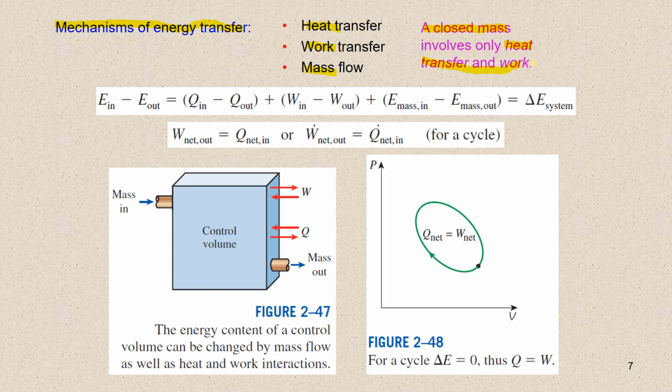A rising piston, a rotating shaft, and an electrical wire crossing the system boundaries are all associated with work interactions. Work transfer to a system, that is, work done on a system, increases the energy of the system, and work transfer from a system, that is, work done by the system, decreases it, since the energy transferred out as work comes from the energy contained within the system.